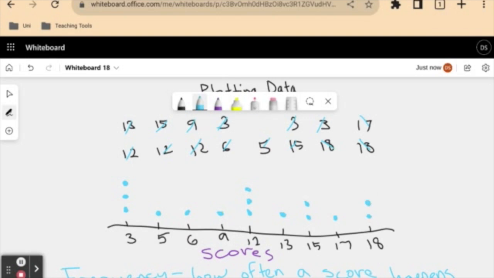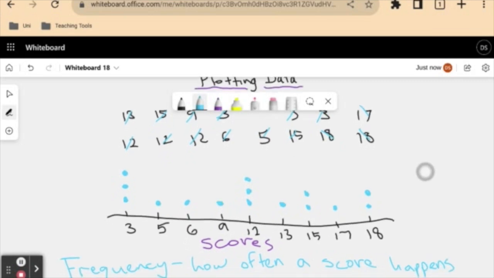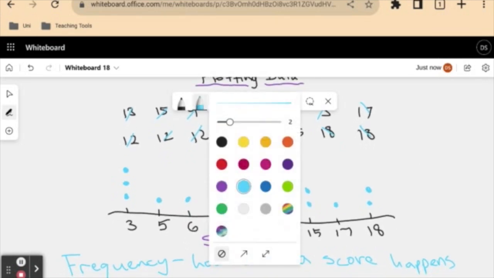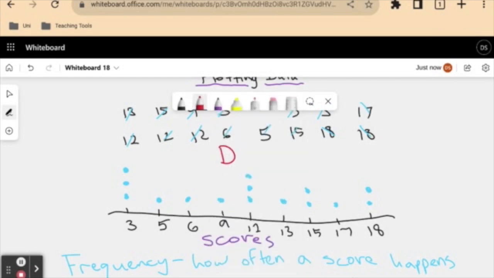Cool. So this dot plot, which I forgot to actually write as a heading, is my dot plot. And this essentially shows all of my scores, and in this direction, up here, it shows my frequency, doesn't it? So these dot plots are a very nice way of, we can use this to first identify,